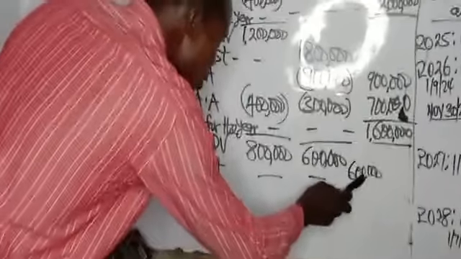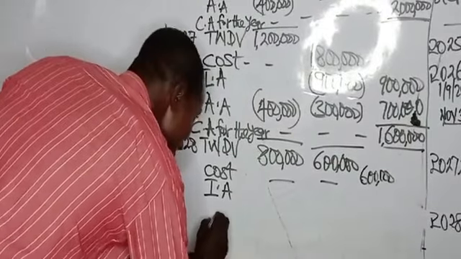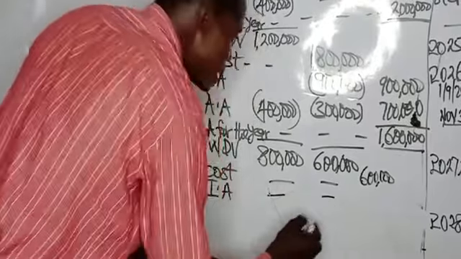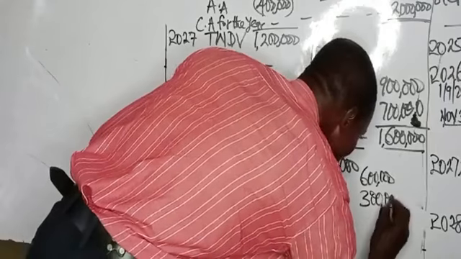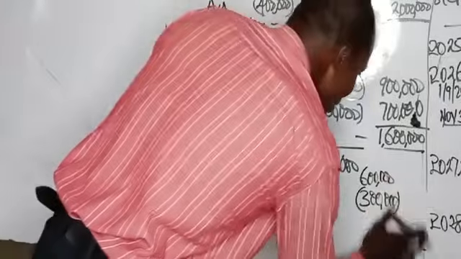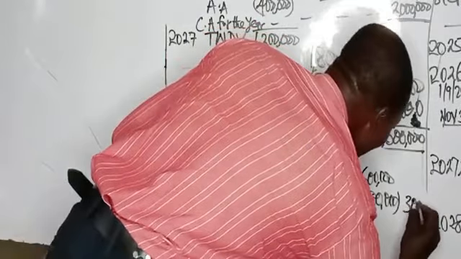So the newly qualified one is 600,000, which is category 3. Then you have initial allowance. Our initial allowance rate is 50%. 50% of 600,000, that will be 300,000. So 300,000 is the initial allowance. Then annual